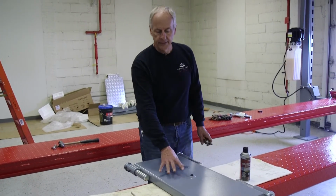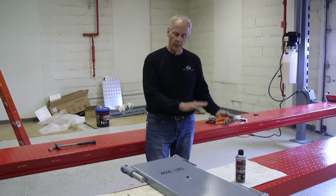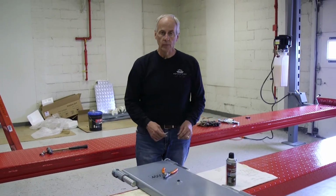The nice thing about this is it can be used in either direction. I can use it in a setting like this, or as you'll see in a minute, I'll flip it over and it'll be recessed 2 inches. But there are some things you want to do ahead of time before you put it in there to make it really